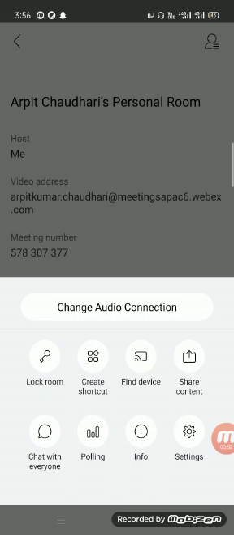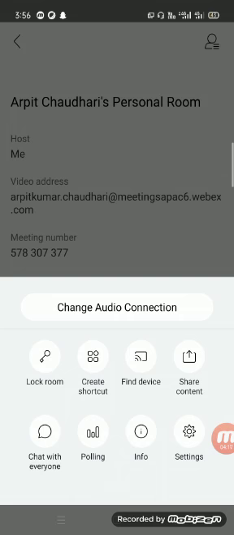With the help of this lock room, you can change the priority of your participants, who can enter into your personal room and who cannot enter. So with the help of this lock room, you can go with the enable and disable option.